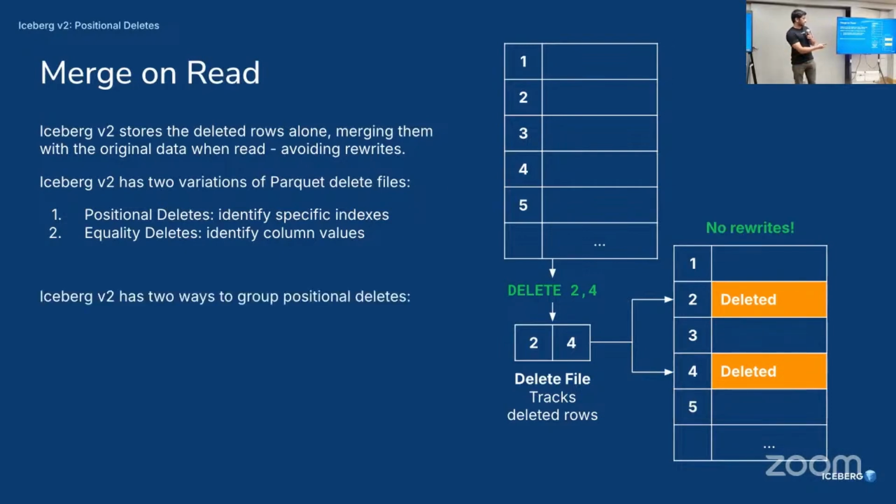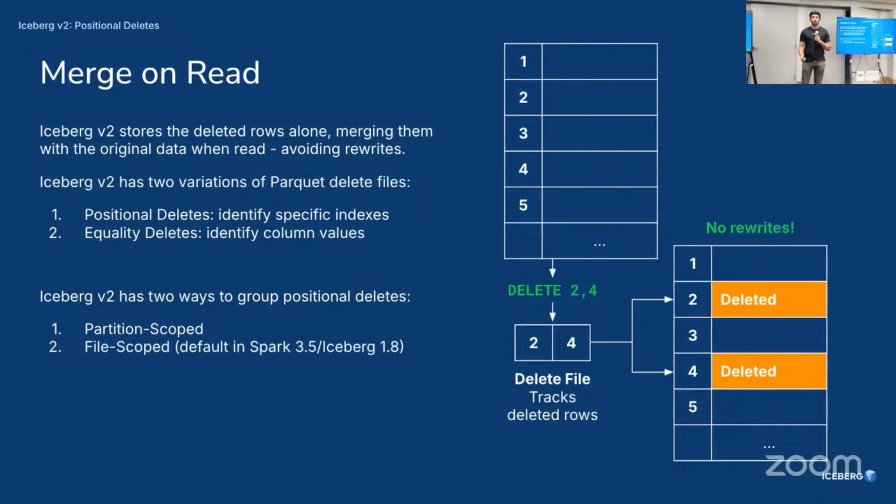This leads to no rewrites, and we also have 2 ways to group these positional deletes. The first one is we can scope them at the partition level, which means I create one file for all of the given deletes that affect a given partition. And the alternative is a file scope delete, which is now the default in Spark 3.5 and the latest Iceberg 1.8 that targets Java. The issue, though, is that now there's a trade-off on the number of delete files you